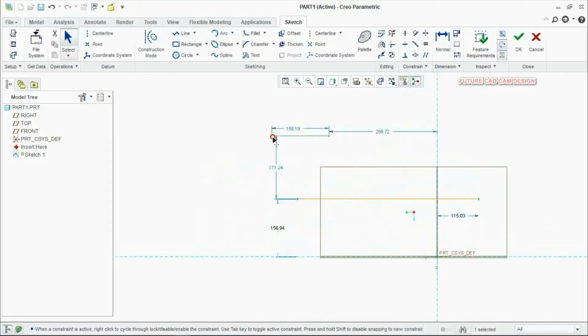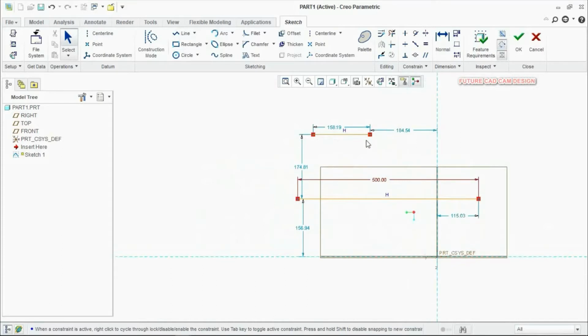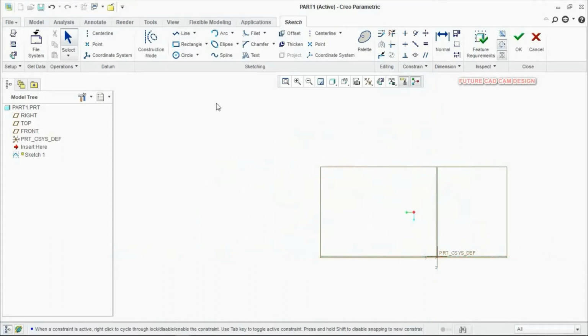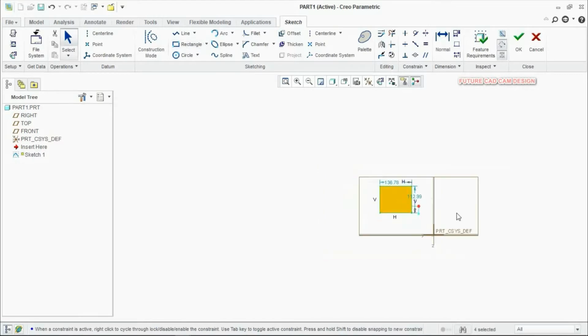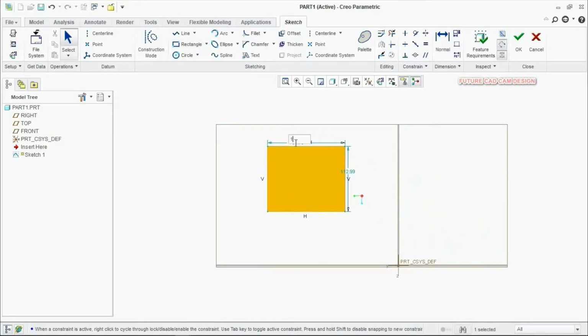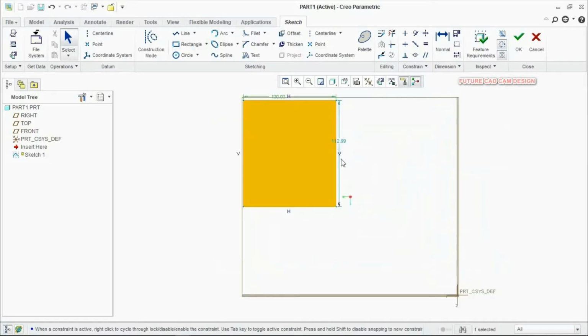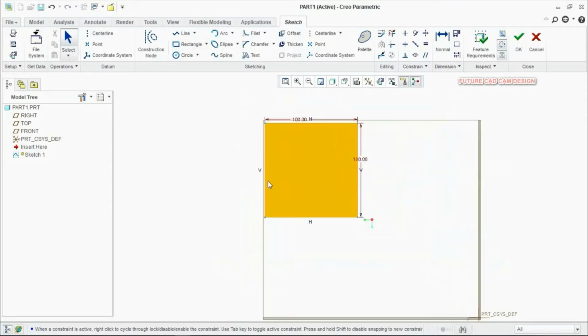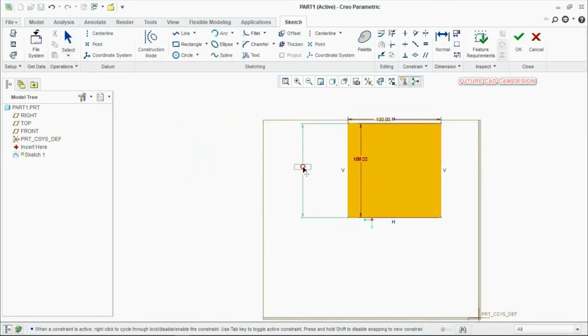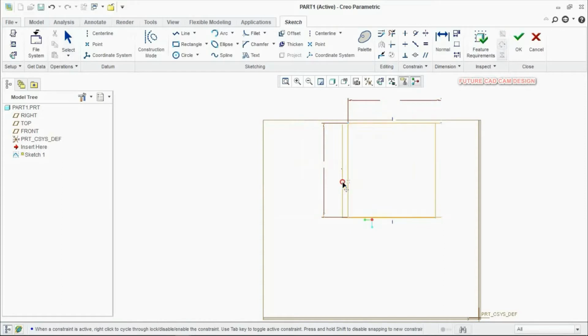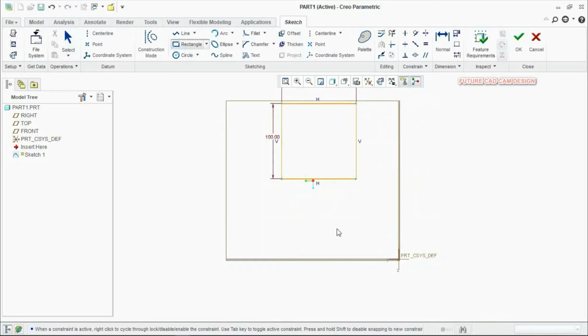For example, here I am making one more line. So this line has the weak dimension. I am making a rectangle, and I am going to give the dimension as 100, 100. So I have made a square. If you move your sketch using your cursor, the sketch will move directly, but the dimensions will be the same, because we have changed the weak dimension to a strong dimension. So your dimension will not differ when you move your sketch.